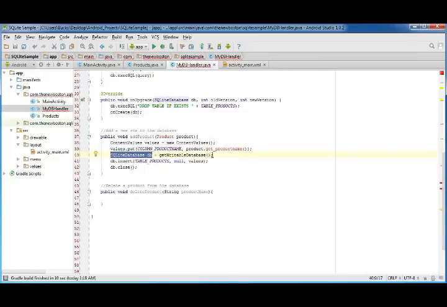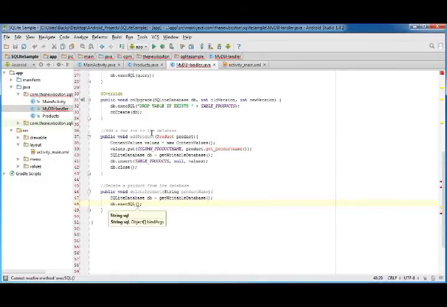actually we can just copy that whole thing. I don't need to explain that again. Get a reference database, just like before, and we can just call DB execute SQL. There are different methods that you can call on this object, but this is probably the easiest way. Now, in order to delete a single row from a table, we don't want to use drop, because drop means delete the entire table. What we want to do is we want to delete from, and then after this you need the name of your table, which is delete from this table,